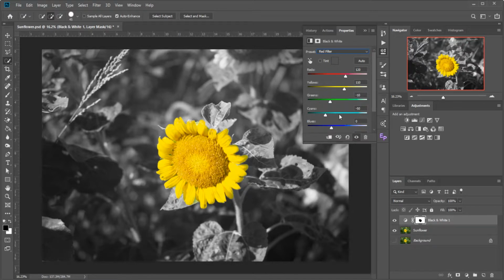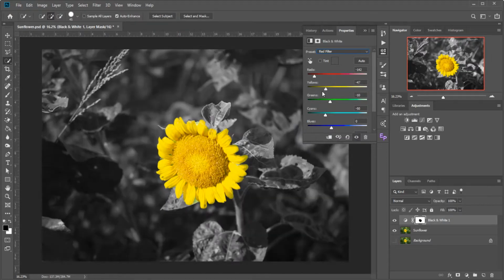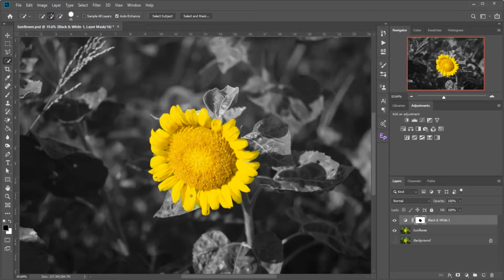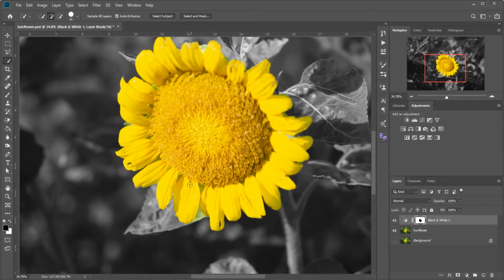And you can always tweak your black and white with these sliders here, by turning down settings, turning up settings. And there we have it. We have selective color. So let's zoom in a little bit here. You can see there are still some areas in here where there's some green showing. You can further refine your selection